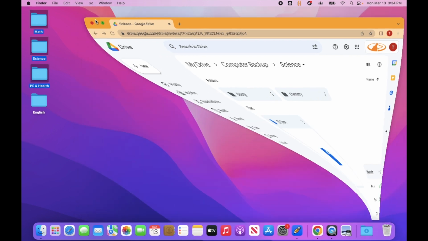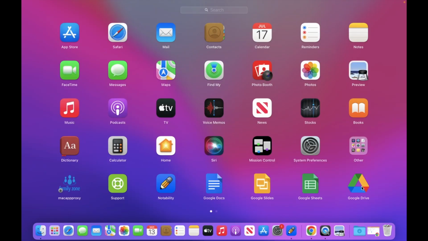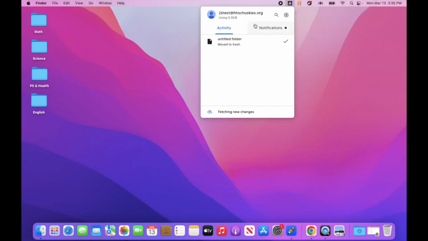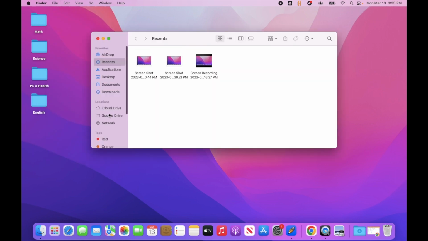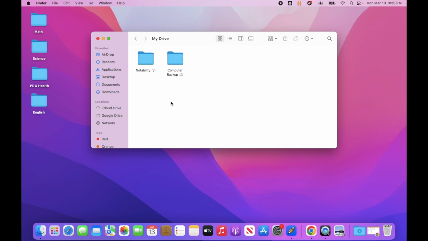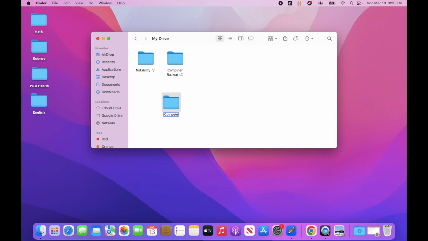Now, the second way to do it is if you have Google Drive on your desktop already set up, you can launch that, and as long as that's running up here in the top corner, what we can do is go to a new Finder window, open up the Google Drive location, make sure it's Google Drive and not iCloud Drive, and open up My Drive, and you could again create a new folder, put today's date, or you could type it for today or whatever. And again, it's as simple as